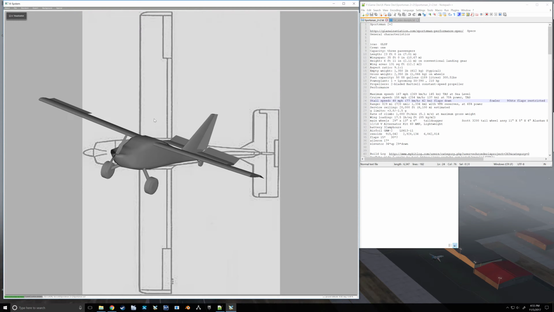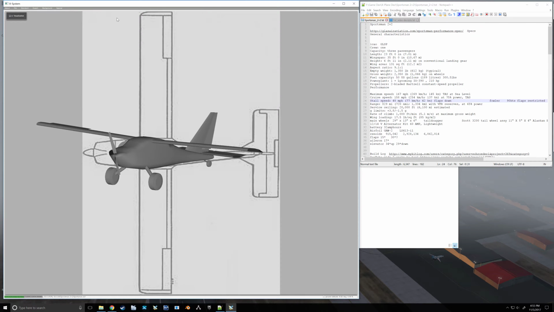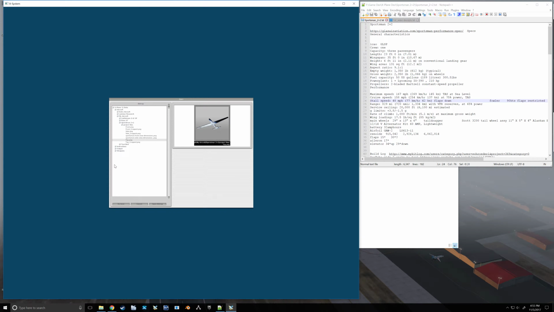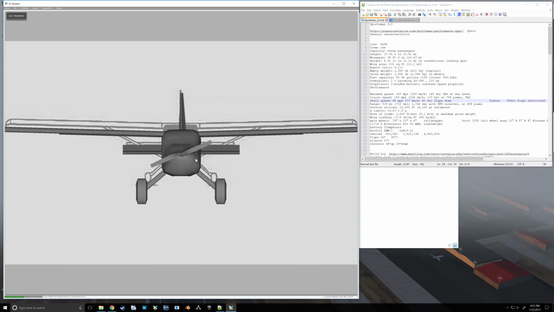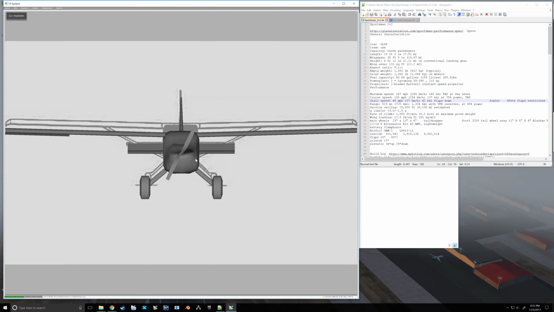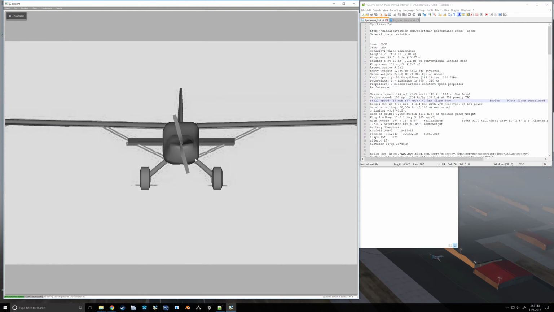Let's add, you'll notice if we jump into our front view and we change this to front, we need some struts. So let's add some struts. And they're not actually really going to hold the wing up, but they make a difference in the amount of drag that the airplane experiences. So we're going to go here to